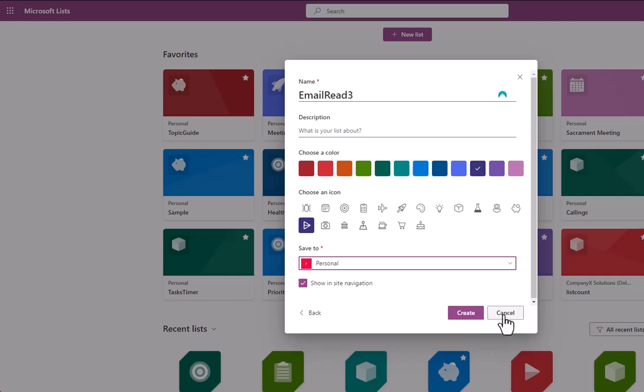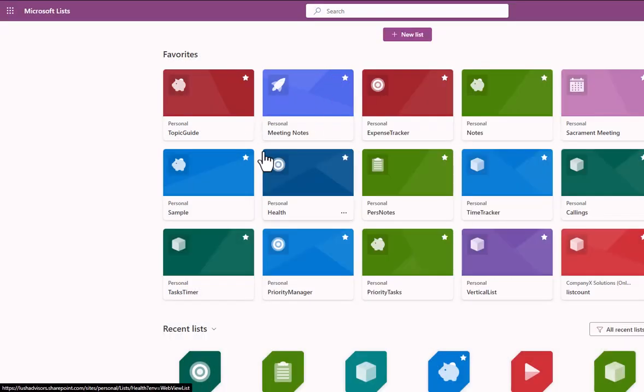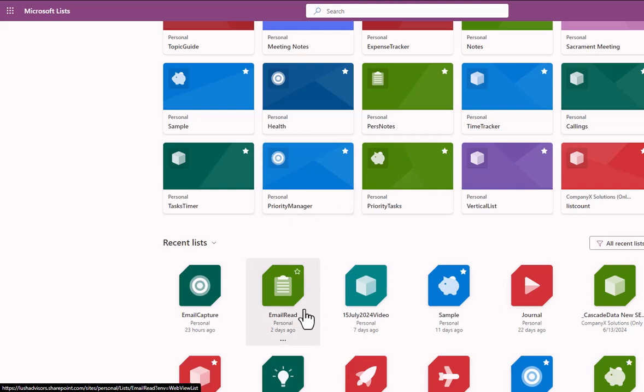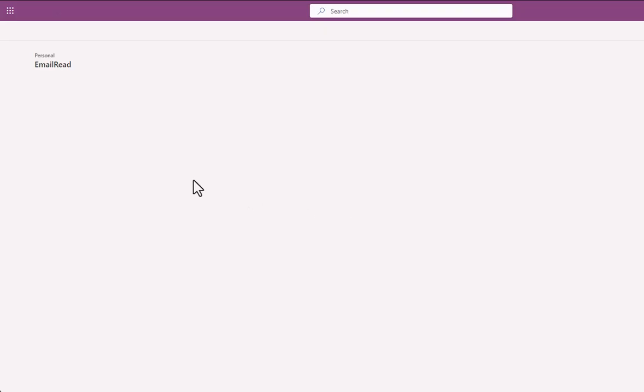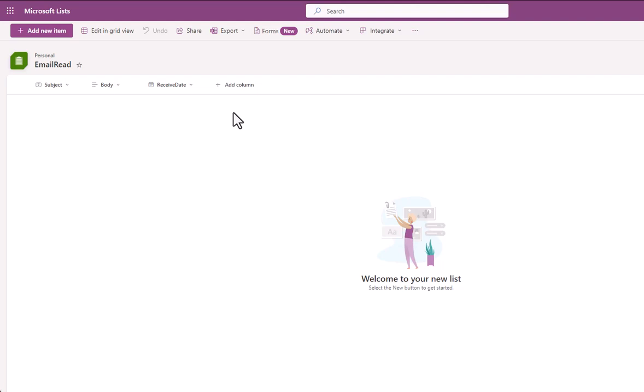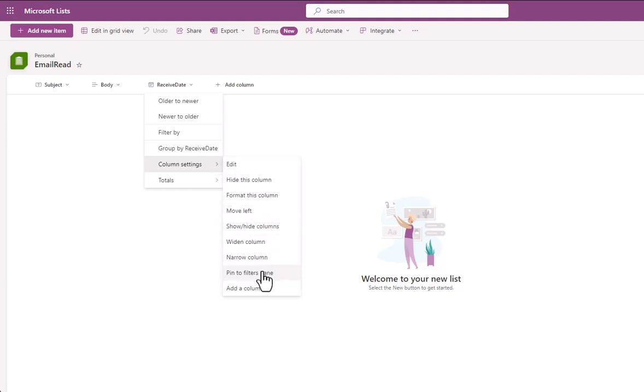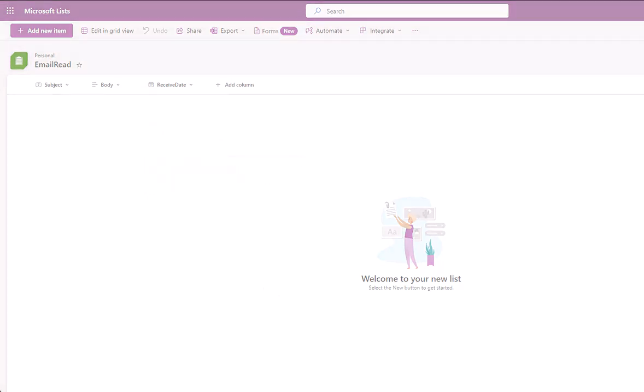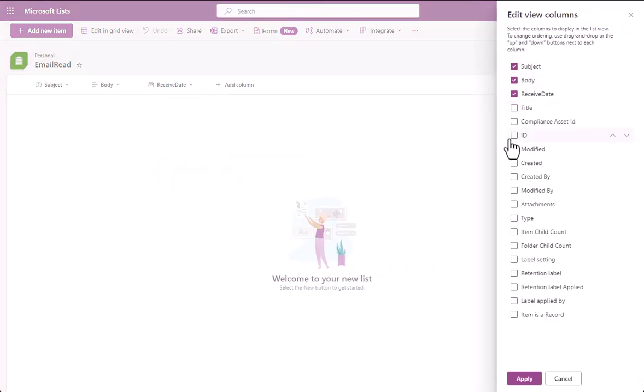Now, I'm not going to create this right now because I've already created right here email read. So let's go ahead and open that up to see what that looks like. We've set up these columns right here, just 3 of them. Now notice that index is not here. If you go here, show hide columns, I need to make that a little smaller so you can see that. Notice I've deselected apply,